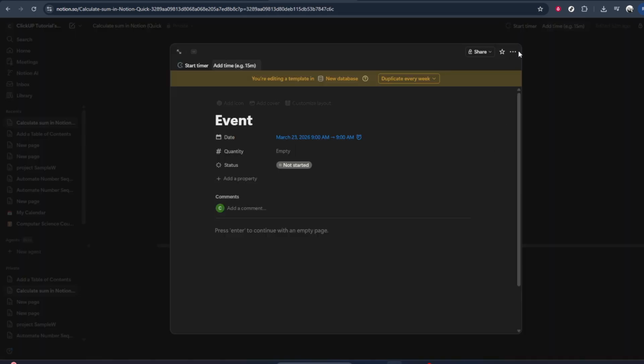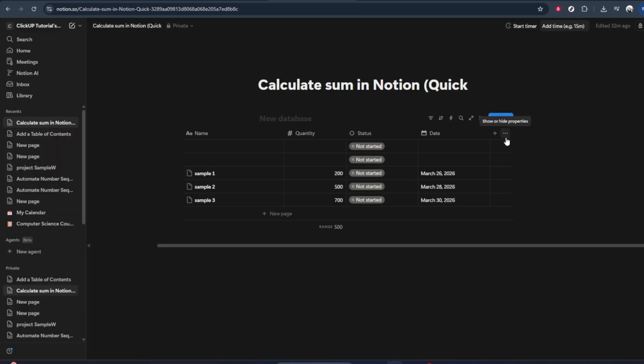After you've made your selection, look for the Save button in that same panel. Click on Save to confirm your recurring settings. This step is important because until you save, Notion won't apply the recurring behavior. Once saved, your event is now set up as a recurring item, and Notion will automatically create new copies of this event at the interval you chose, keeping all the properties and structure from your original. That's all you need to do to create recurring